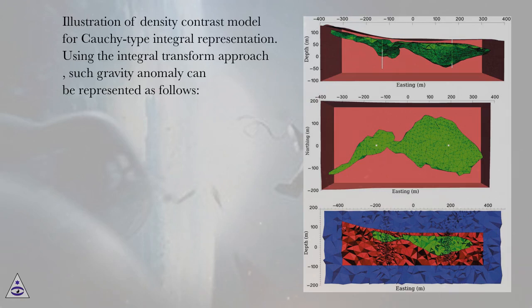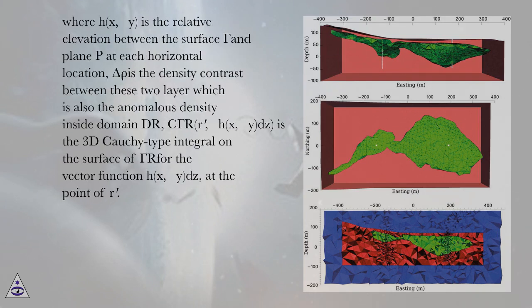Illustration of density contrast model for Cauchy type integral representation. Using the integral transform approach, such gravity anomaly can be represented as follows. Where h(x, y) is the relative elevation between the surface gamma and plane P at each horizontal location, delta rho is the density contrast between these two layers, which is also the anomalous density inside domain D,